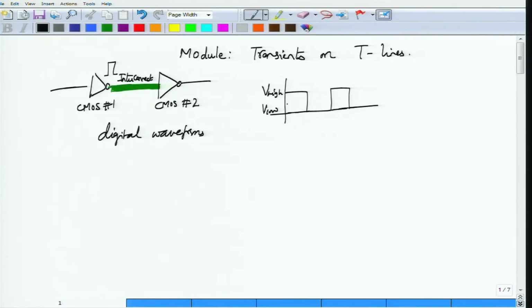Okay, of course in practice you don't get a change from low to high in 0 time. What you see are much milder versions, so you will actually see something like this. You would see a certain rise time and a certain fall time; these are the types of signals that you are going to see. Okay, these are much more practical, but nevertheless for this simple analysis we will assume that the signals on the